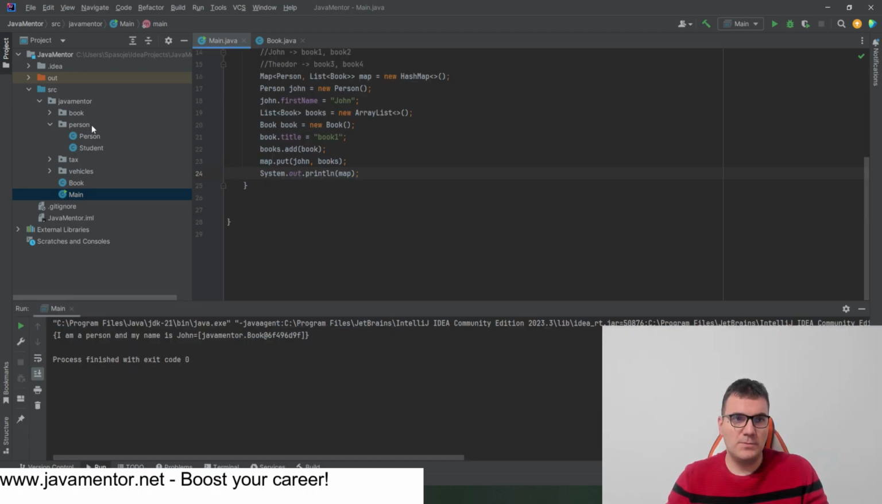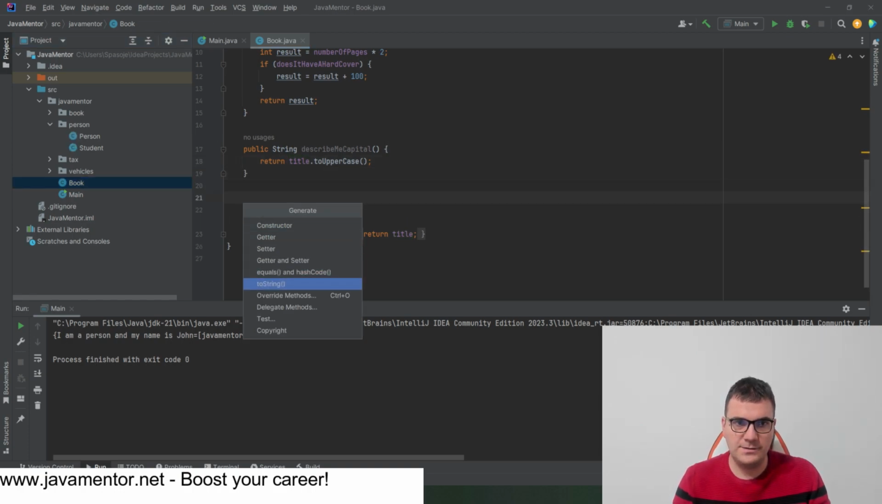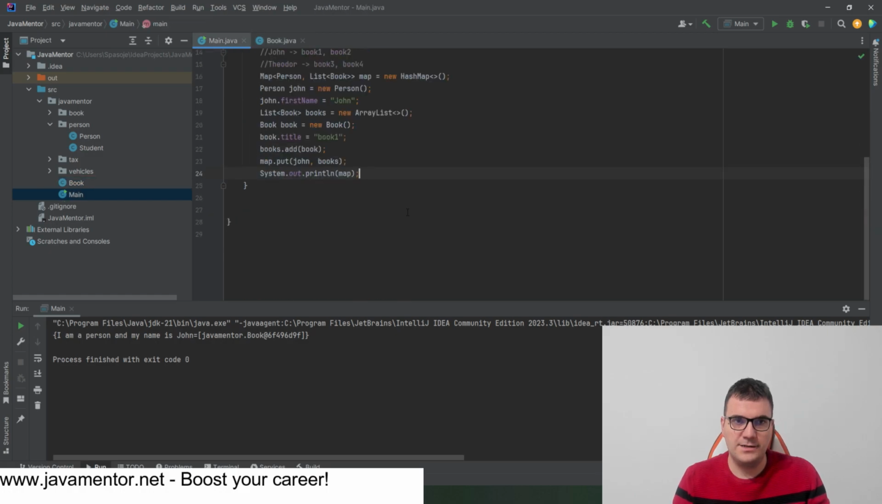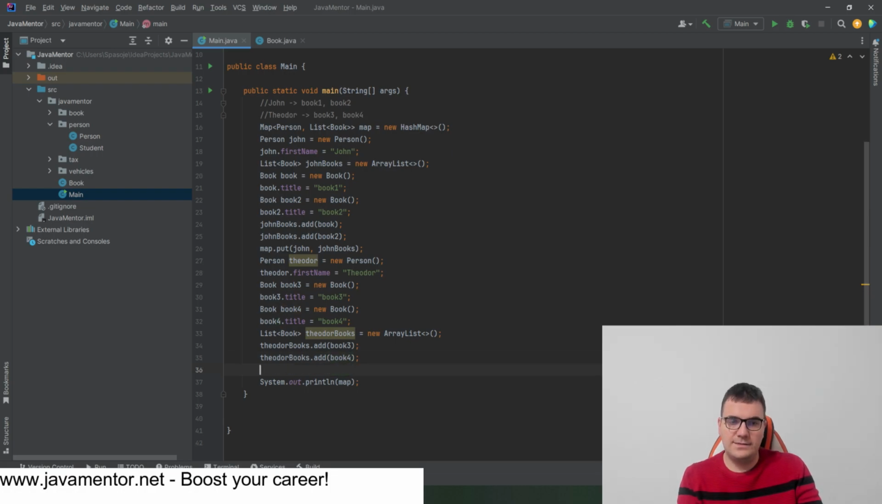Let's make a few small modifications so we can easier understand what's going on here. This is indicating that Book doesn't have the toString method implemented, so we will implement the toString method here, and let's say title is enough. Another thing is let's add one more book for John, and then add Theodore with his books. At the end we need to put Theodore and his books into the map. I just typed very fast, but basically we created this. And if we try to run our program,